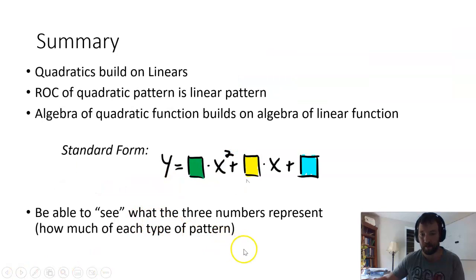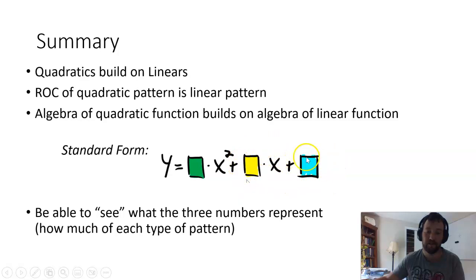All right, so in summary, quadratics build on linears. The rate of change of a quadratic pattern is a linear pattern. That's just with the number patterns. So then we would hope that the algebra of quadratics would also build on the algebra of linears, and it does. We get what's called the standard form. Again, that's not super important that you know that verbiage, standard form, but this is what they might call it in a book. You get the standard form where we see the 3 pieces of information,